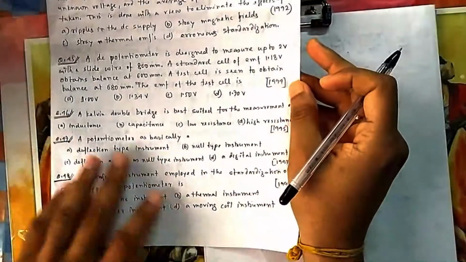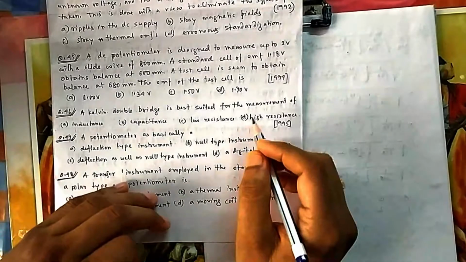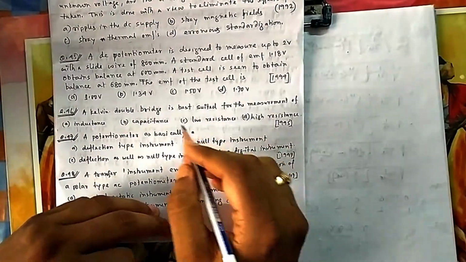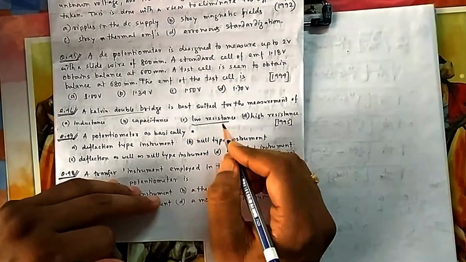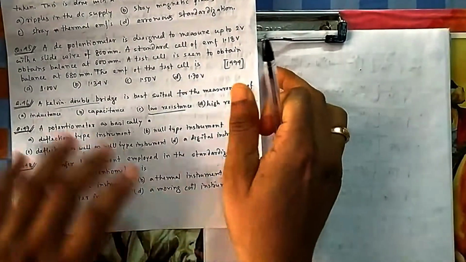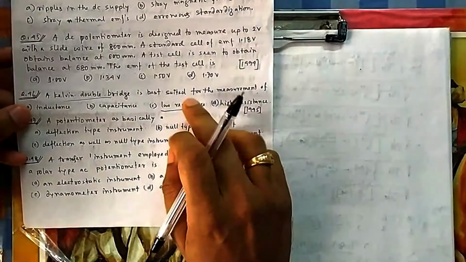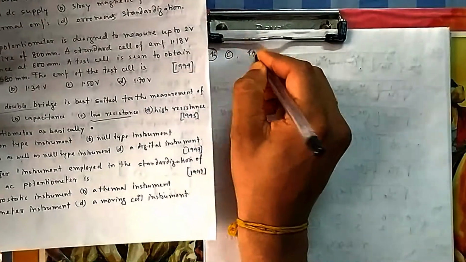Okay students, in question number 46, the Kelvin double bridge is best suited for the measurement of... I think this question doesn't need any explanation. You know it very well. The Kelvin double bridge is always given for very low resistance measurement, so it is option C always. I am not going to explain this one. You can read it, and it is one of the most common questions in resistance measurement. Kelvin double bridge is for very low resistance.